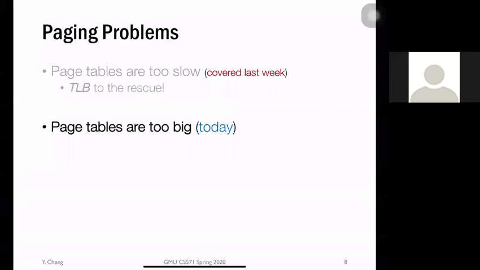So in this video, we're going to talk about the second fundamental issue of a trivially designed page table, which is that page tables are too big, or in other words, too memory consuming. Recall that in the previous lecture, we discussed the very first fundamental issue of a trivially designed page table, which is that page tables are just too slow, or that accessing the page table incurs significant runtime performance